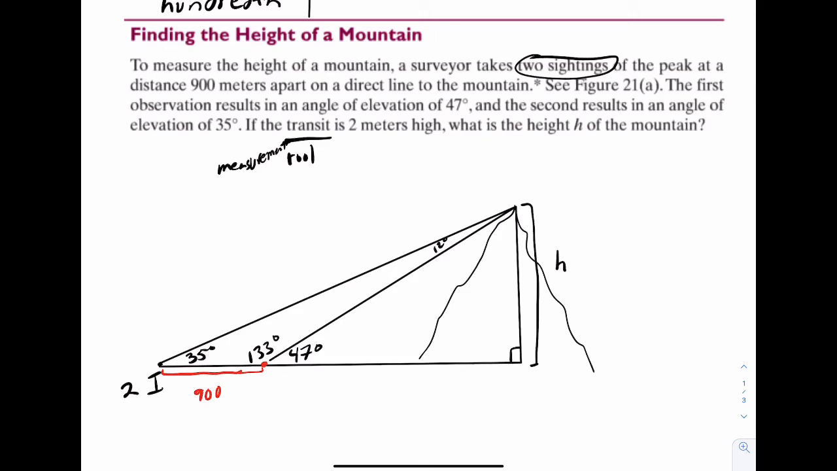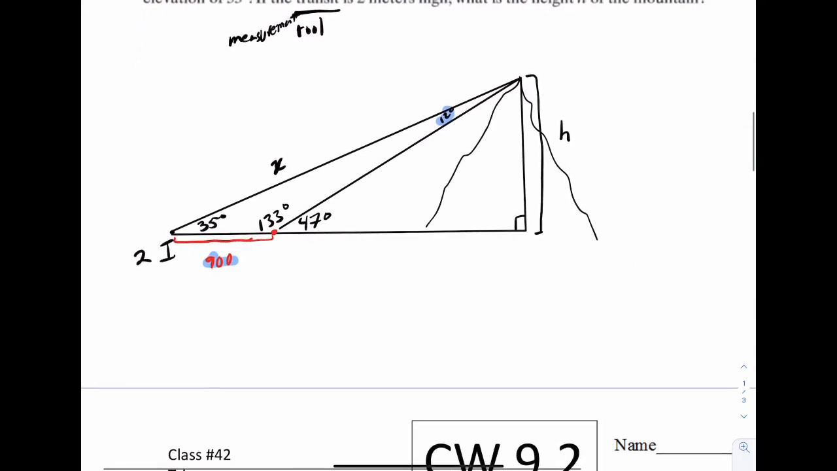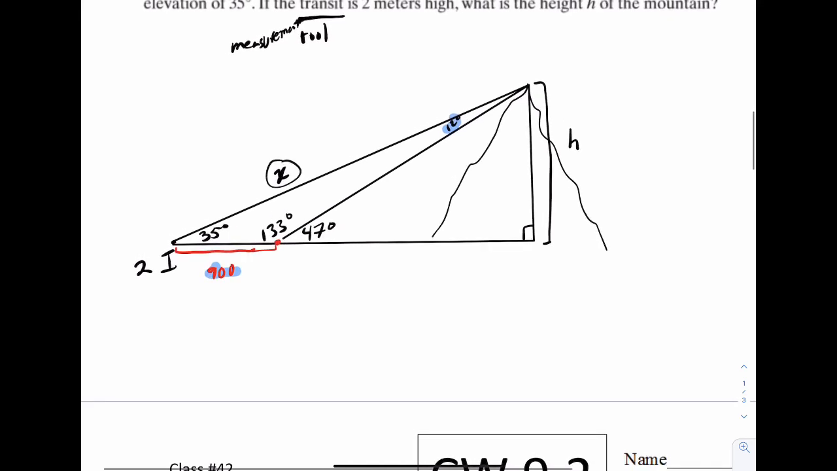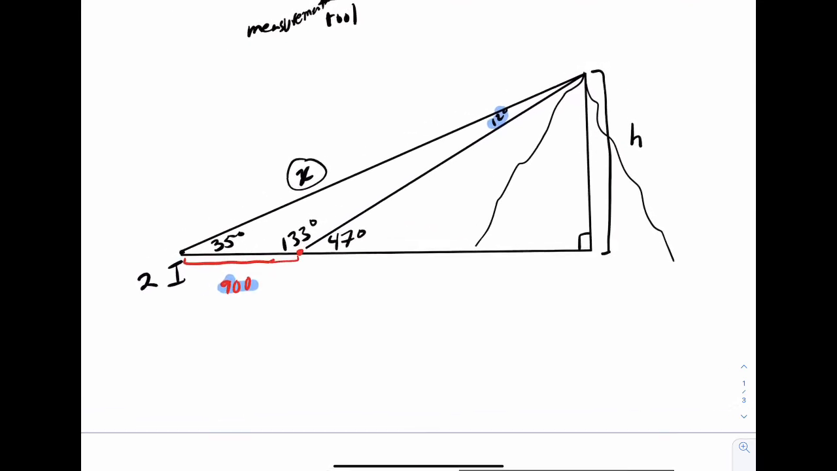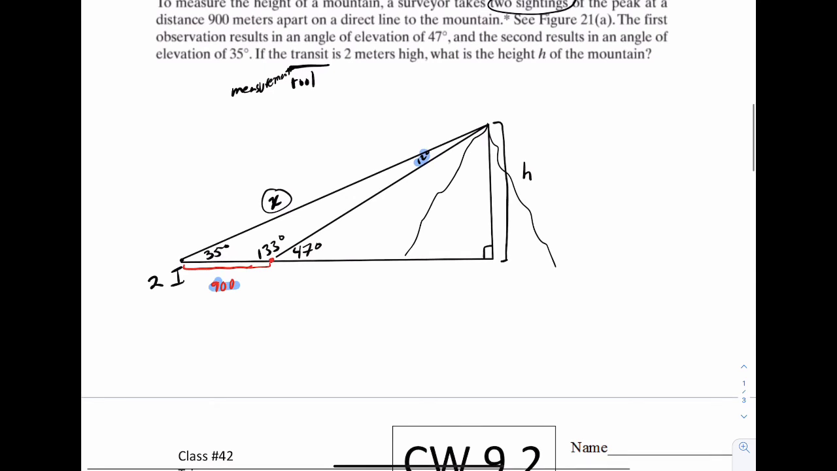Okay, so from here, let's think about a couple things. Let's call this leg x. And notice how we actually have a pair. The pair is going to be right here. We have this 12 and this 900. And I can actually find this x I just put. So I'm going to find that. I'll do that on the side here. My pair is